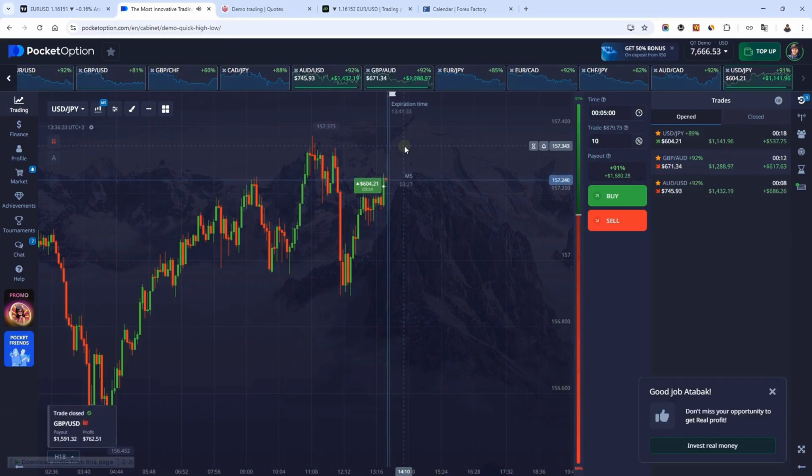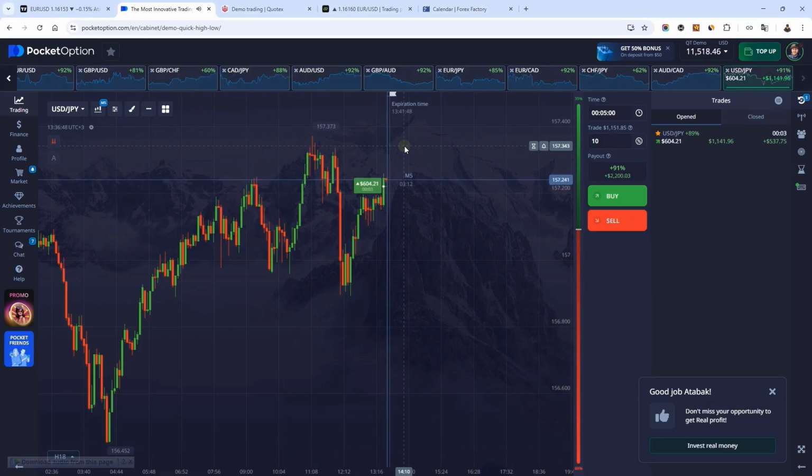My USD trade ended up being profitable. GBP USD was also profitable. AUD USD, just 1 second, and that one was a win too. GBP AUD was a win, and USD JPY was also a win, and I managed to take 5 trades simultaneously